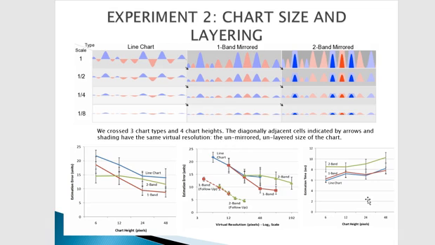They did the experiment with three charts, four sizes and four scales. The charts were a line chart, a one-band mirror, and a second-band mirror, and scales like 1 by 2, 1 by 4 and 1 by 8. They found that the diagonally adjacent cells indicated by shading have the same visualization as unmirrored and unlayered sizes, and they found the results